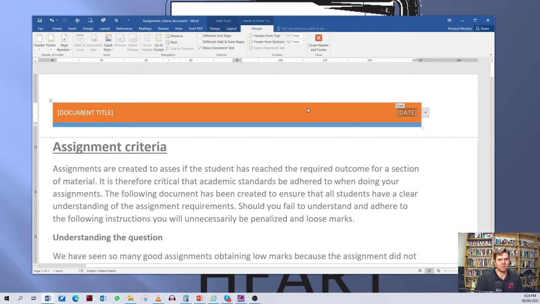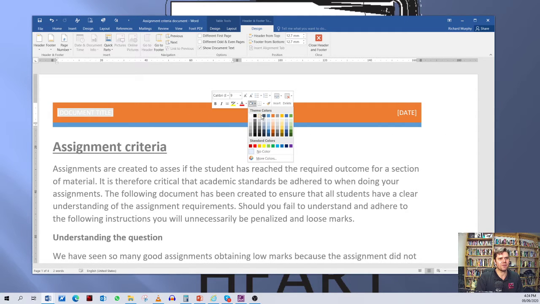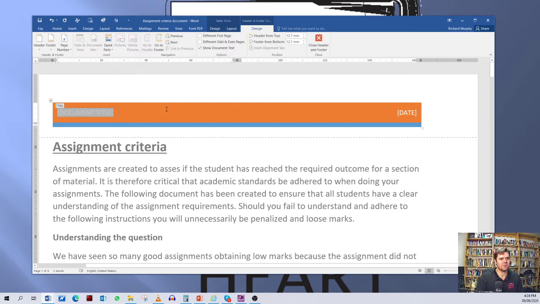Just need to look at what they've done here in terms of the design. Let's just have a look if I can actually fill that portion of the header too. So there's things you can do with the existing headers. The one thing that's sometimes irritating are these blocks here. If you go back to the manual,